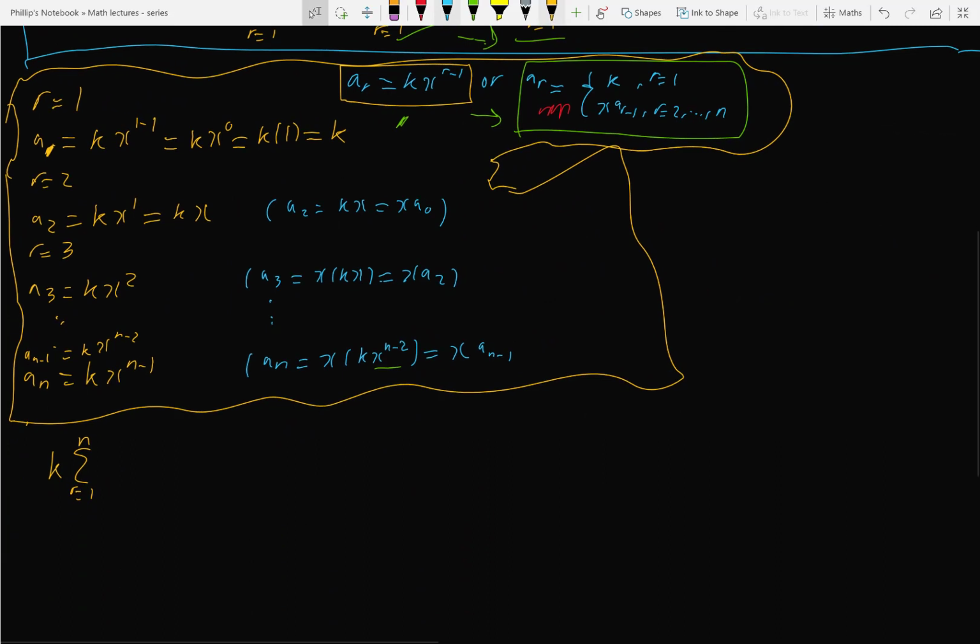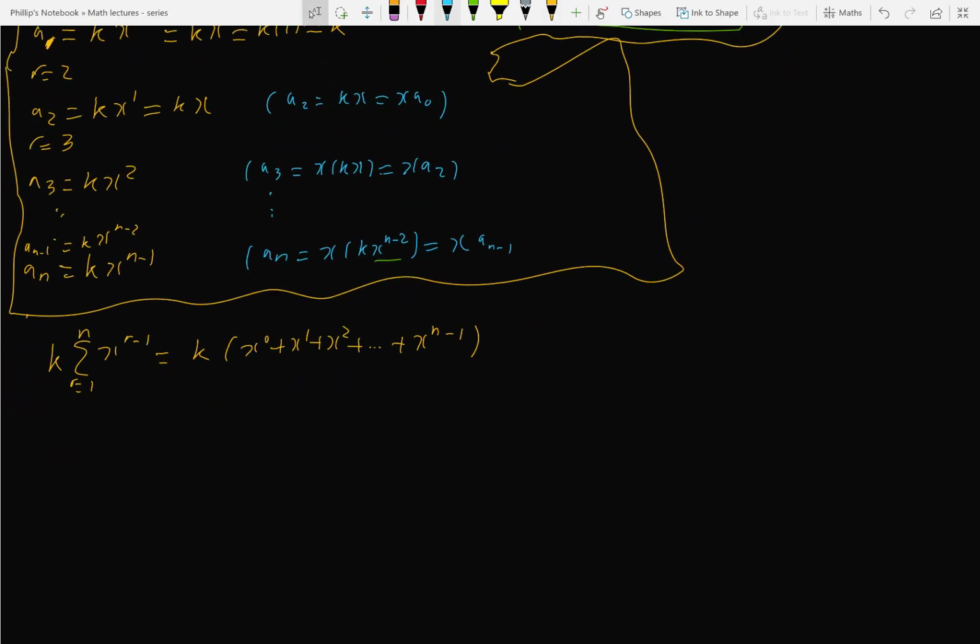So basically what we've got at the moment is x to the r minus 1, which is equal to k times x to the 0 plus x to the 1 plus x squared, all the way to x to the n minus 1, because when r is n, we've got x to the n minus 1. Let's just get rid of the x to the 0, because that's always going to be 1. So we've got 1 plus x plus x squared. There's nothing wrong with this, and it is a solution, and we can solve series with it, but the form